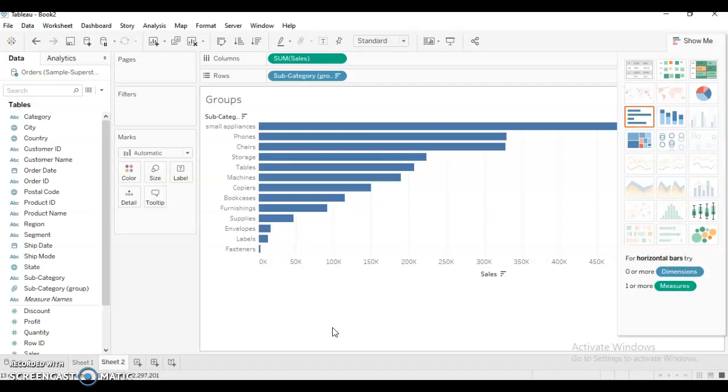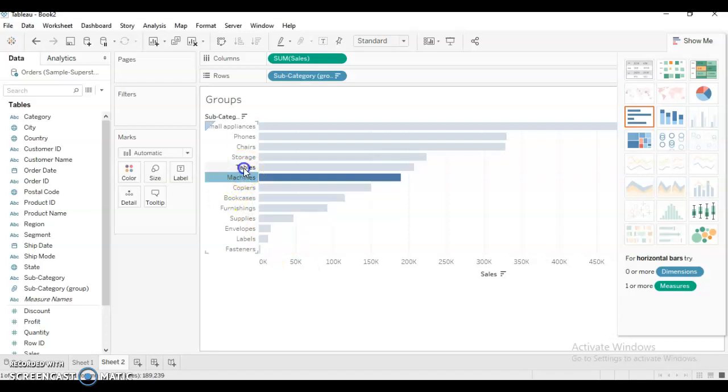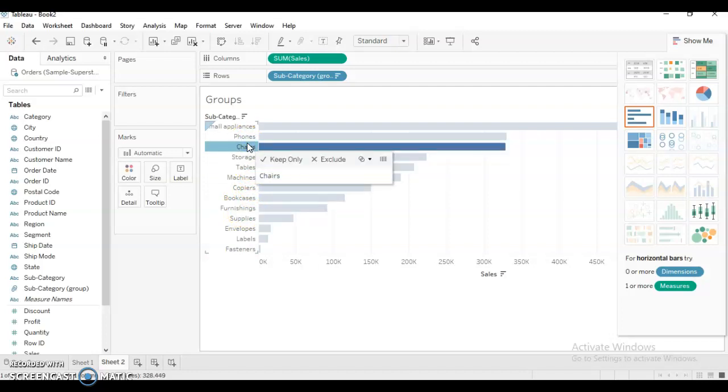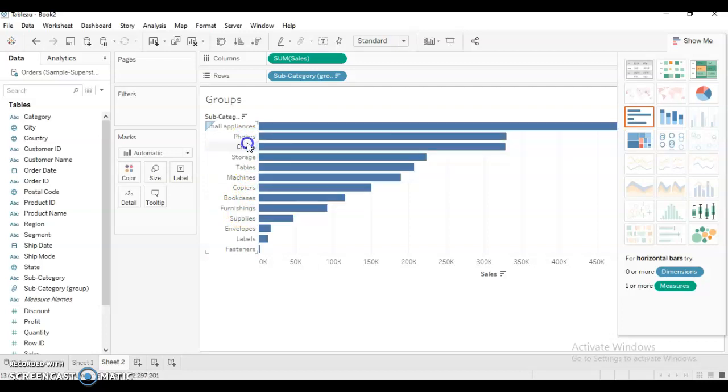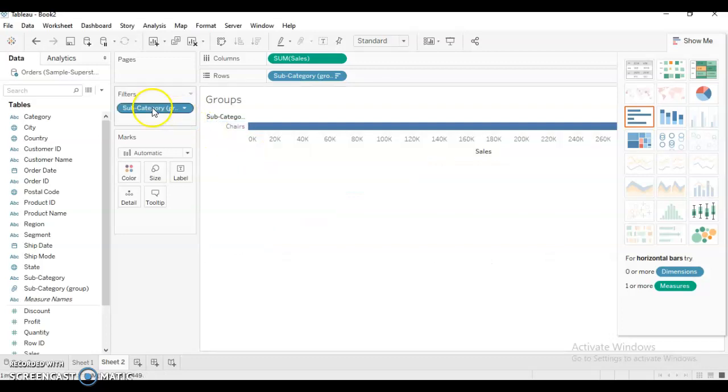I'll also show that there are some shortcuts to create a group. Let's say I want to group tables, furnishings, and chairs. The same process: I click on chairs and hold the control button on my keyboard to select the other members.